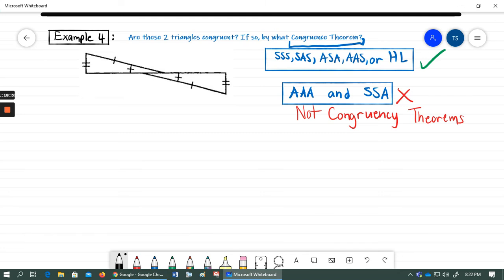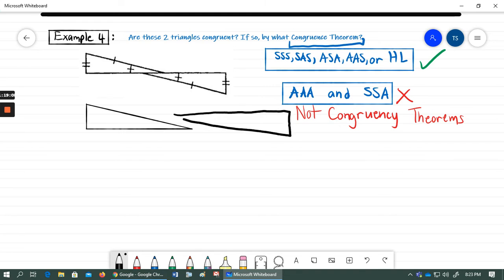Okay, so here's example 4. Are these two triangles congruent? If so, by what congruence theorem? Alright, so when we look at these two triangles, now guys, those two angles right there are not vertical angles. These two triangles are not connected with vertical angles. The way they're drawn is a little weird,